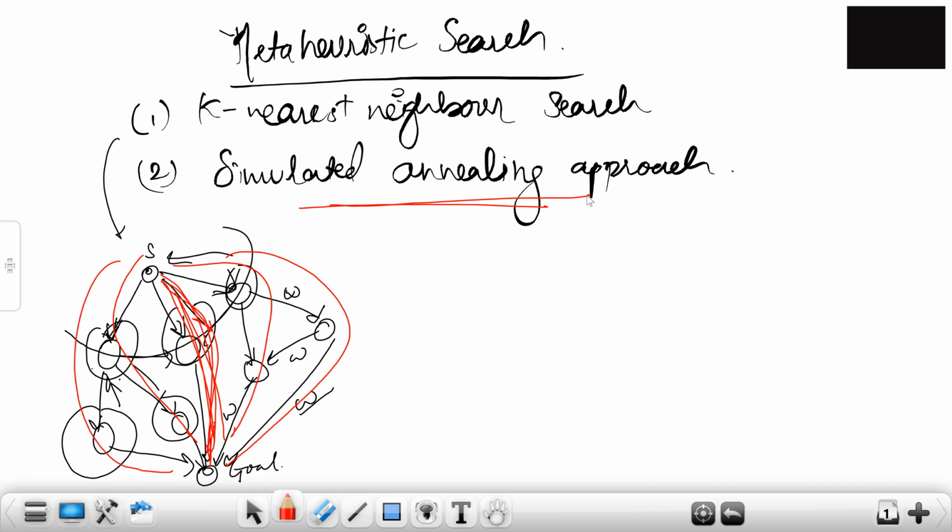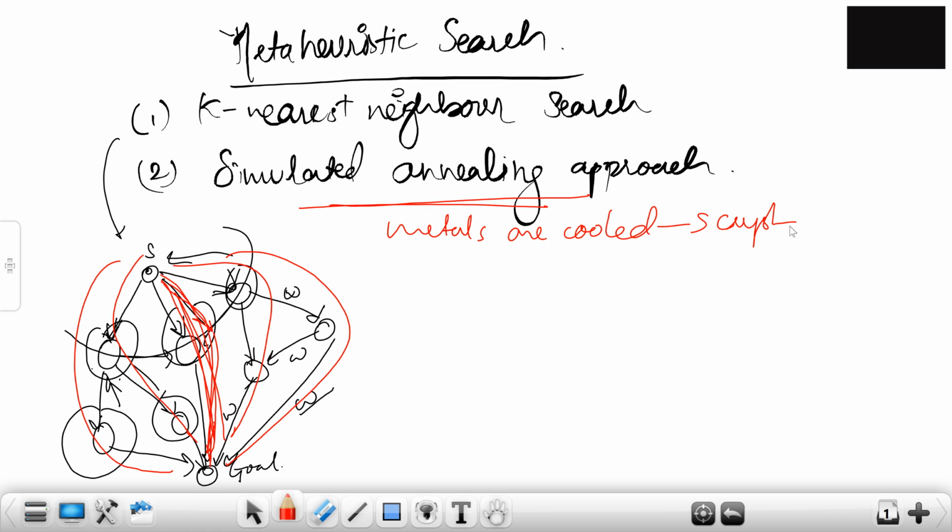Okay, metallurgy: the idea derives from the way metals are cooled to crystallize and get a crystalline structure. The metals are heated very high and then cooled to get a minimum energy crystalline structure. This analogy is used to prevent the algorithm from getting trapped in any kind of local minima. You want to not get trapped in local minima, so you cool it slowly so that it goes towards a global minima.